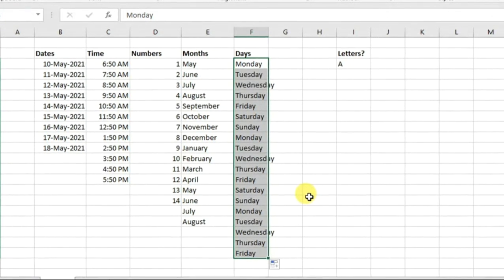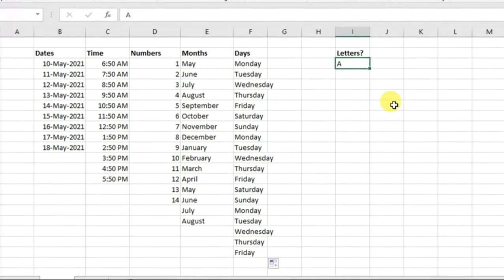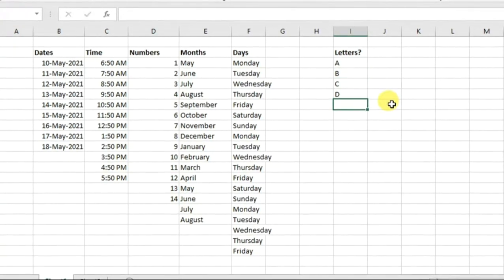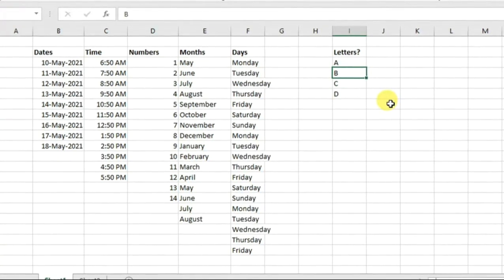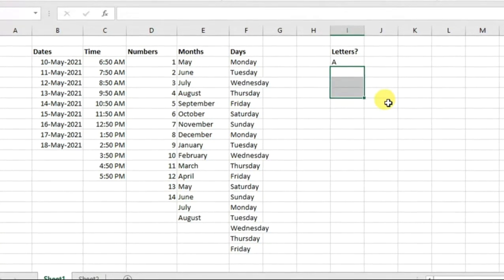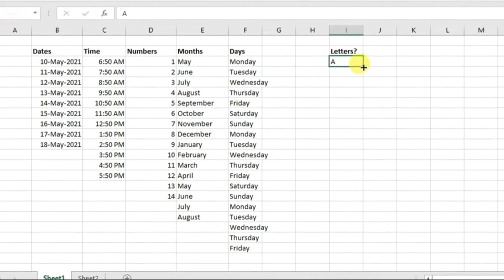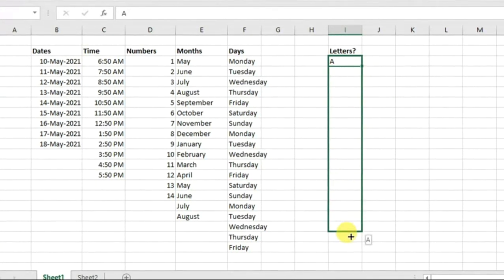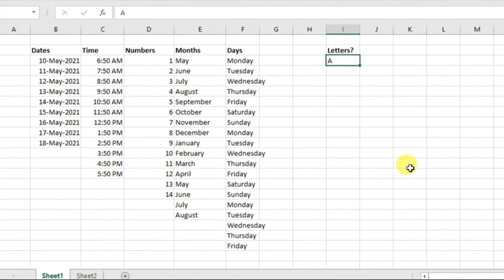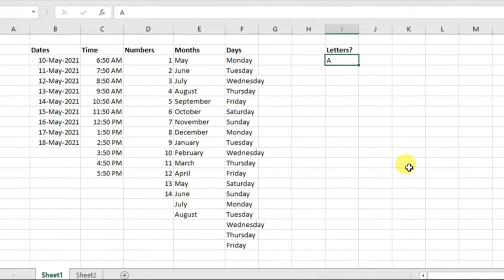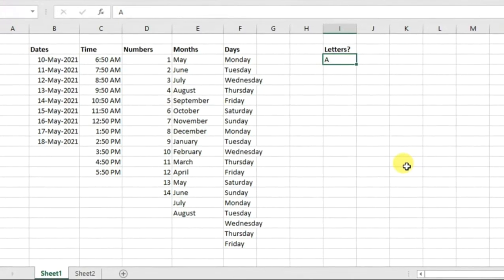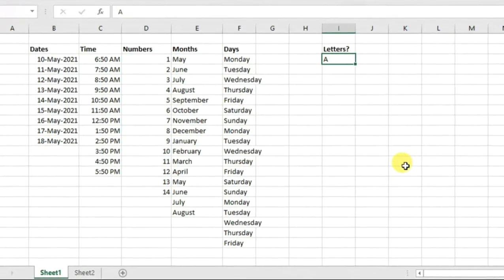Now the question comes: how can we fill up the letters of the alphabet like A, B, C, D? How can we fill them automatically? We cannot type every time, right? If we are doing some examples or solutions in MS Excel, and we simply drag from the right-hand corner, it will just put A in every cell. See, now you will say we can do it by pressing Control, but then also it will not work. So how can we automatically type these letters, or get these alphabets autofilled in these cells? Let us understand.